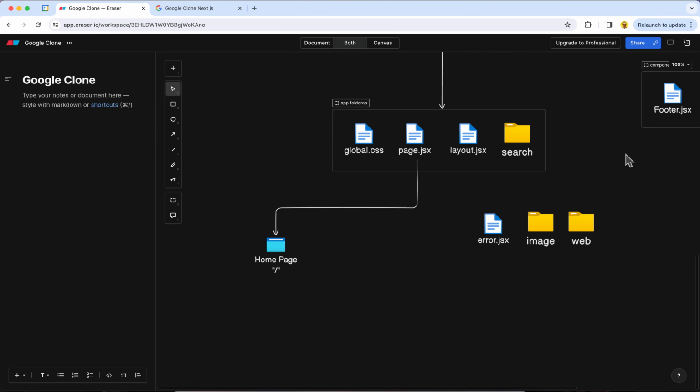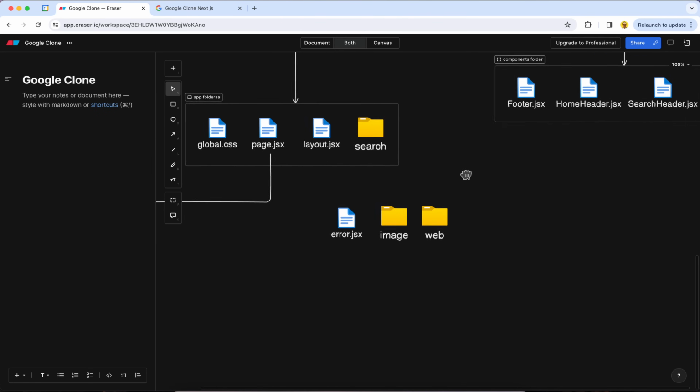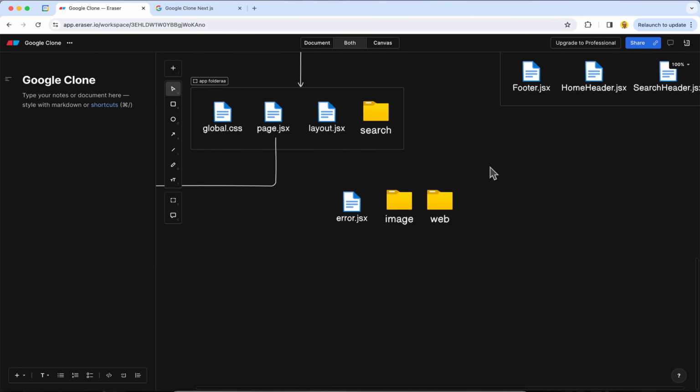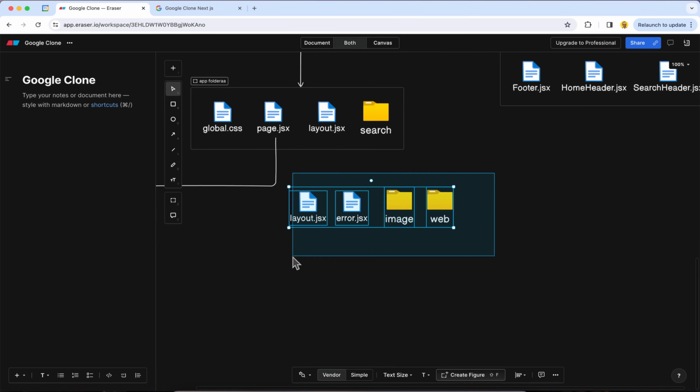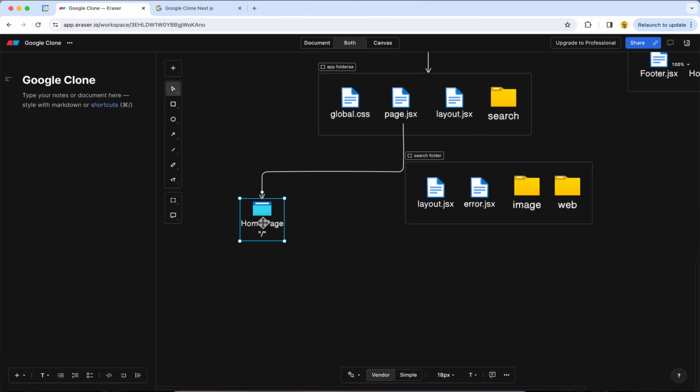The component that we have created here, the search header, is going to be added in a different layout. If we add it to this layout, it is going to be inside the home page as well. But we don't want it in the home page, we want it in the search page. So we're going to have another layout inside the search folder, which is going to be common for image and web. This is going to be for the search page,